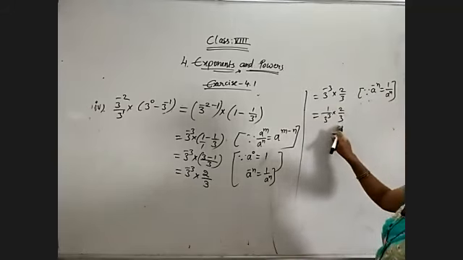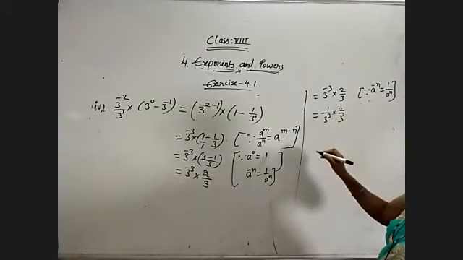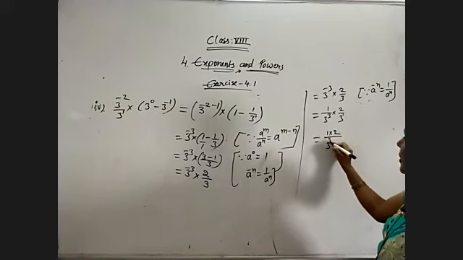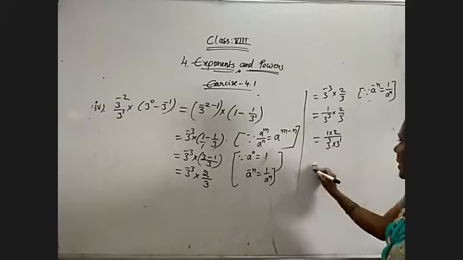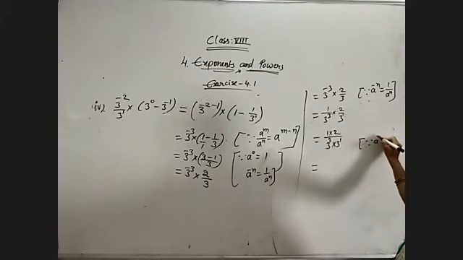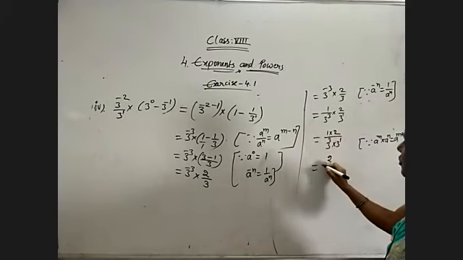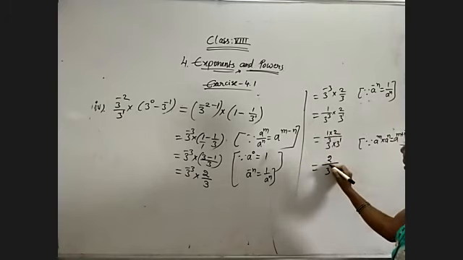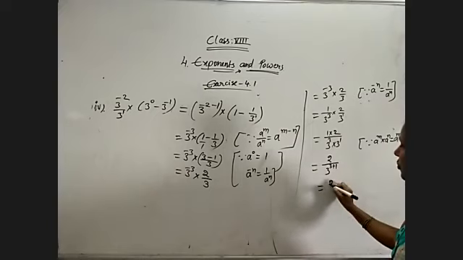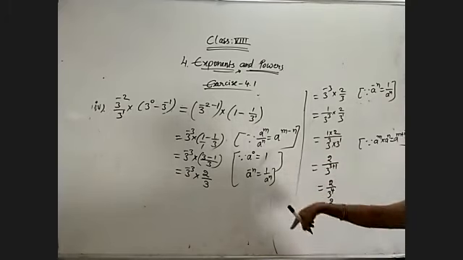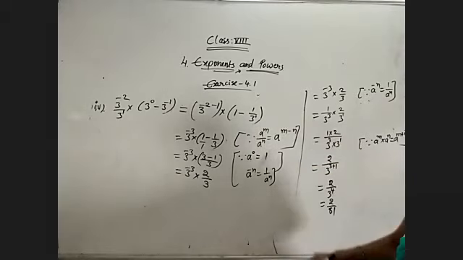Observe here, 3 cube and 3 have the same base. That means 3 power 1 actually. So that is 1 into 2 in the numerator, by 3 cube into 3 power 1. So that is a power m into a power n form. What is that? A to the power of m plus n. So 2 1s are 2 in the numerator, denominator 3 to the power of 3 plus 1, which is equal to 2 by 3 to the power of 4. So 3 power 4 value is 81. 2 by 81 is the simplified value of the given expression.